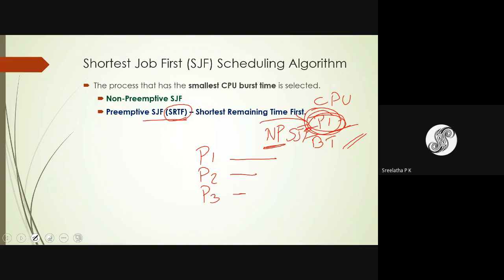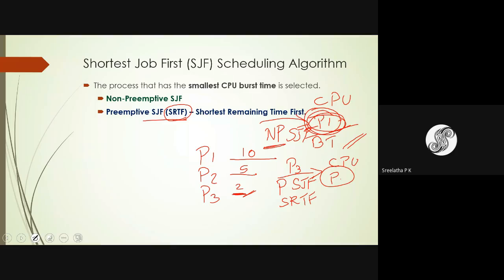The smallest job, P3, has the shortest burst time, suppose 2 milliseconds, and the others are larger, like 10. P3 will be selected first, so P3 is selected for the processor to execute. What we are seeing is preemptive SJF, or SRTF.